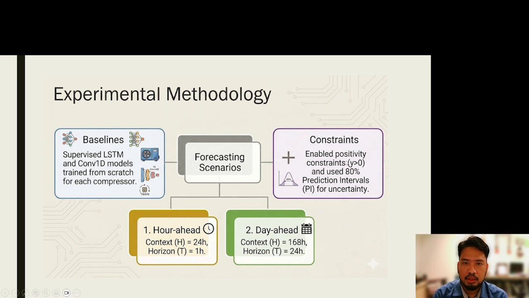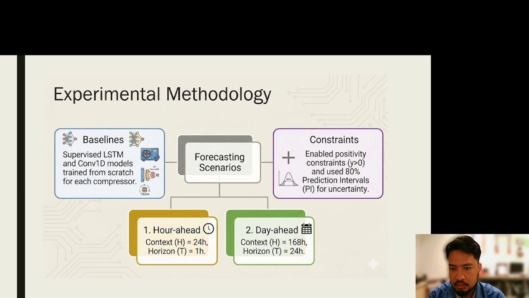So our methodology is as follows. First we set up a baseline, which consists of the long short-term memory model and convolutional one-dimensional model, trained from scratch for each of the compressors mentioned earlier. We perform two types of prediction. The first is the 1 hour ahead prediction, which consists of a context window of 24 hours for a prediction window of 1 hour.